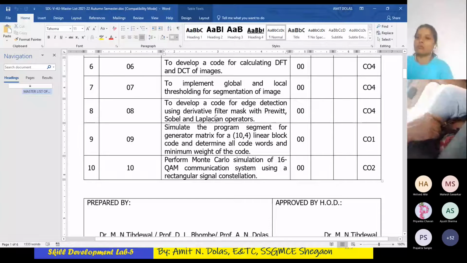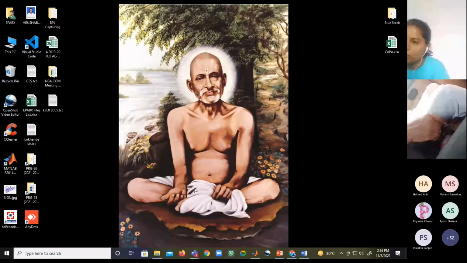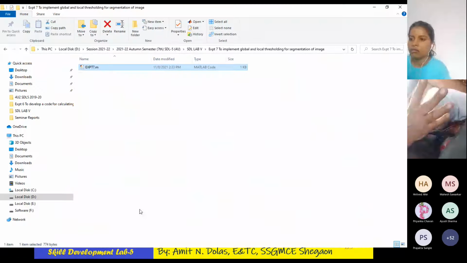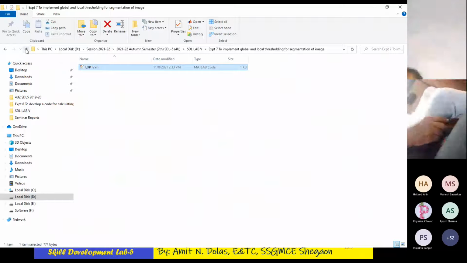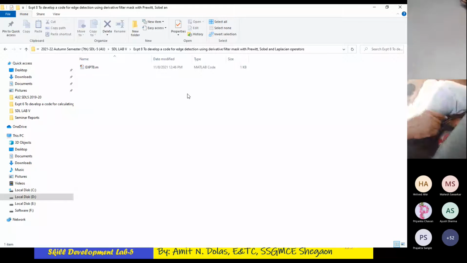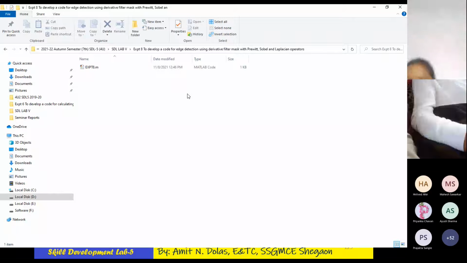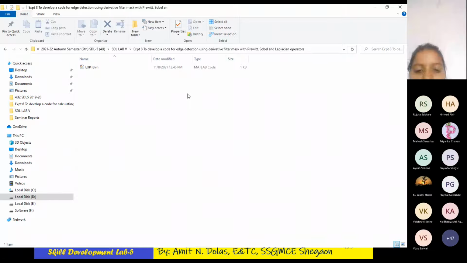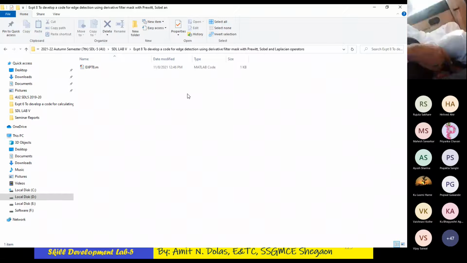Very simple functions will apply on the particular image. So let's see experiment number 8. The write-up for all these experiments you will get on Teams very soon, so that you can write the theory, code and output. You may take a screenshot of the output.